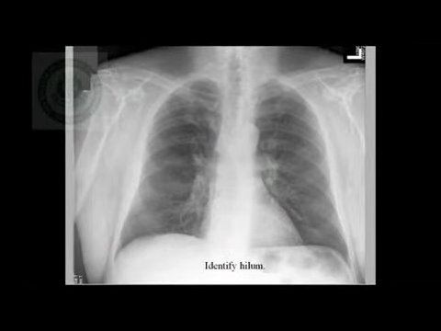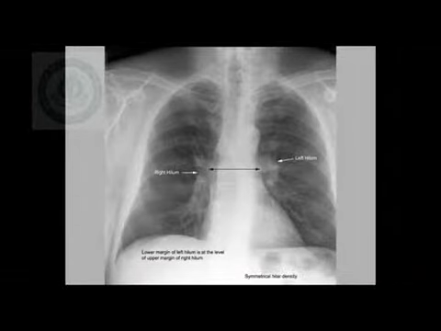Now, the hilar structures, basically the left hilum is at a higher level than the right hilum. This is because normally the left bronchus is called a hyparterial bronchus. That means the bronchus is located inferior to the pulmonary artery. So, this position is of importance because certain pathologies can pull up the hilum or certain pathologies can displace the hilum downward. So, you should know about the position of the hilum just to interpret the X-ray in detail.